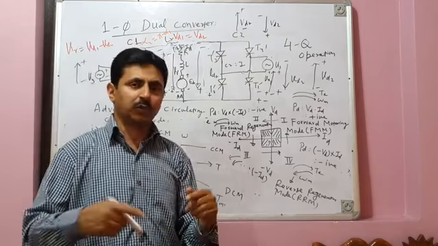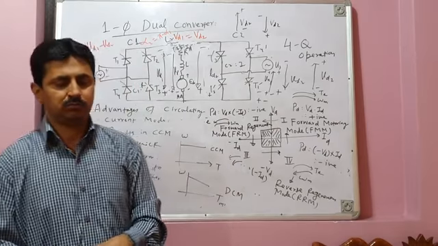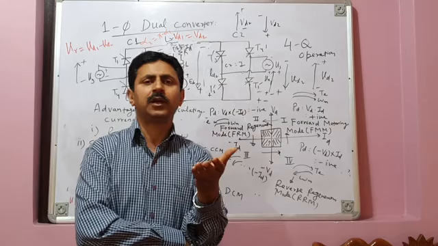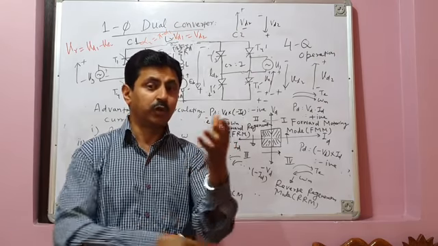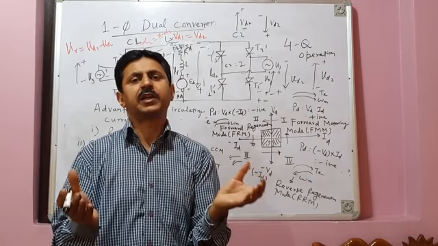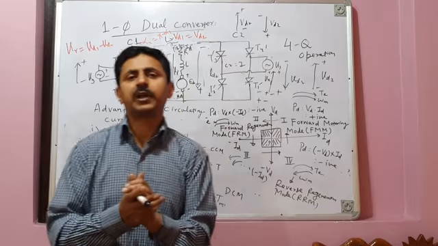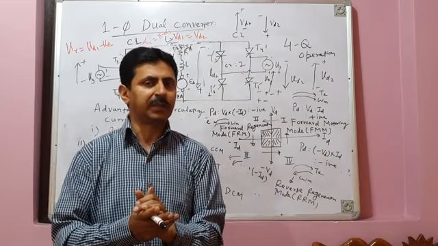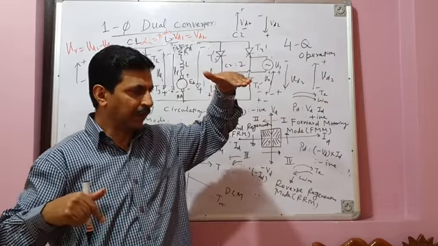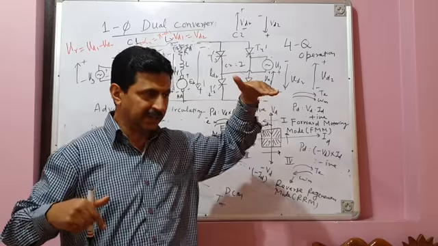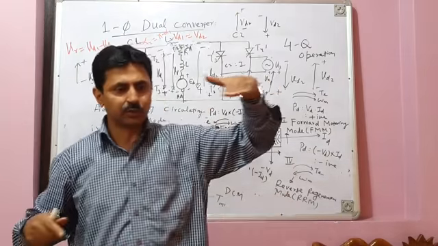And the advantage of dual converter is that your converter is capable of operating in all the 4 quadrants. It gives 4-quadrant operation. So summarizing what we have learned in today's lecture: why do we need regenerative braking of a DC machine? Regenerative braking of DC machine is needed in certain applications, like your train, if it is driven by a DC motor and is going down the slope, down the gradient, or an electric vehicle going down the slope.